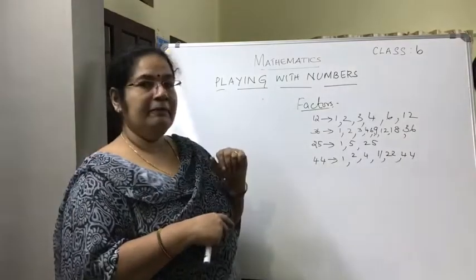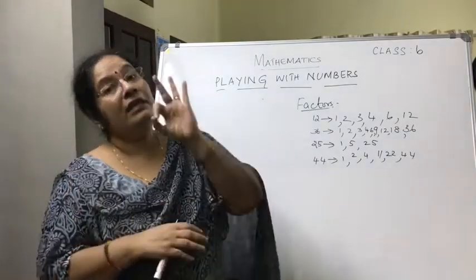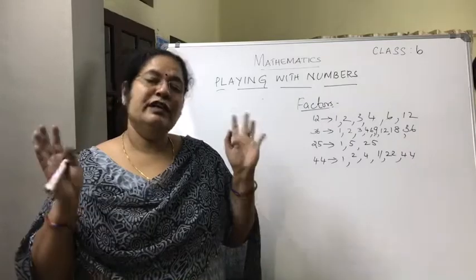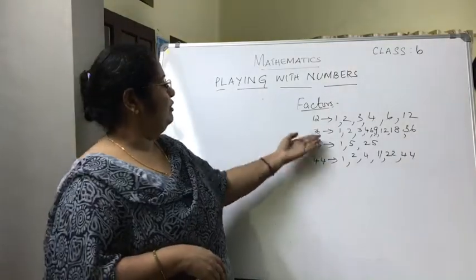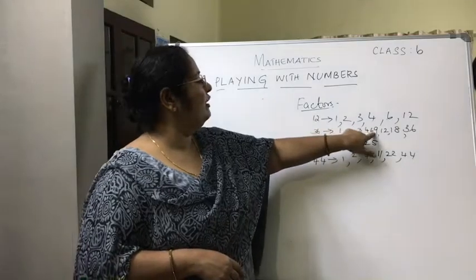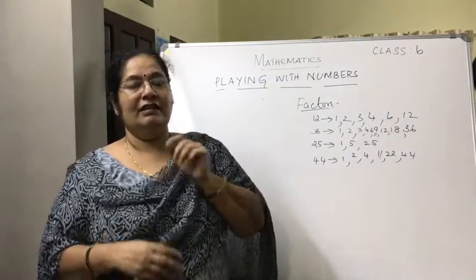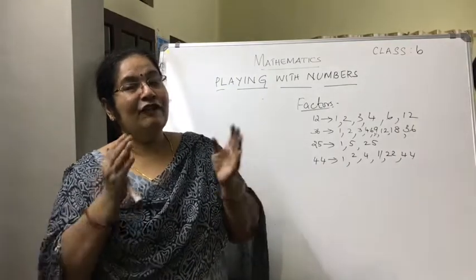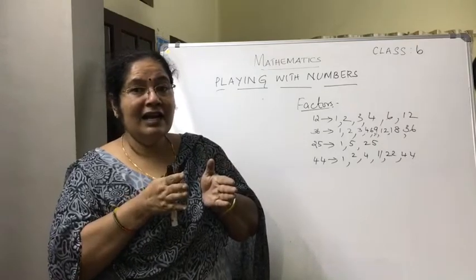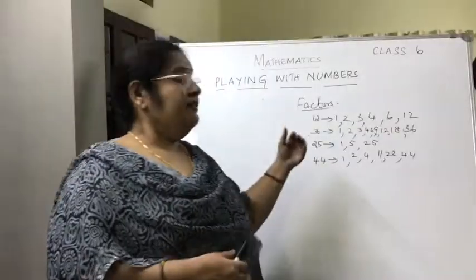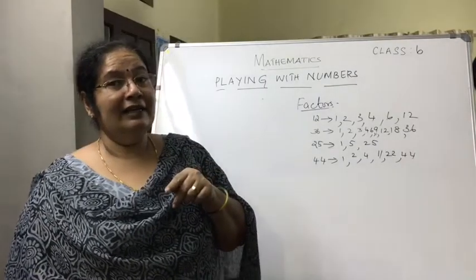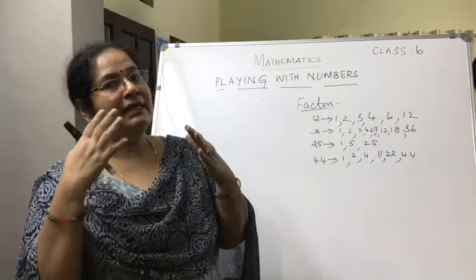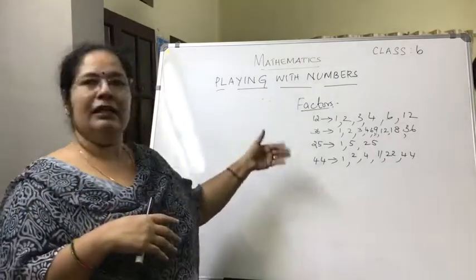Now, what about 25? 25 has only 3 factors. Is there any other number which when you multiply you get 25? No. So 25 has only 3 factors. Coming to 36, how many factors? 1, 2, 3, 4, 5, 6, 7, 8, 9 factors. 36 has only 9 factors, not more than that. So factors of a given number are finite. Then, as we have divided, we have shown that a factor of a number is an exact divisor of the number. That is actually the definition of a factor. That also you can conclude from this.